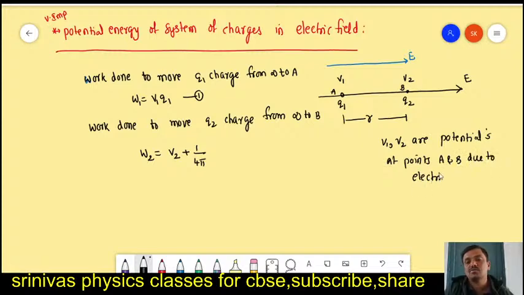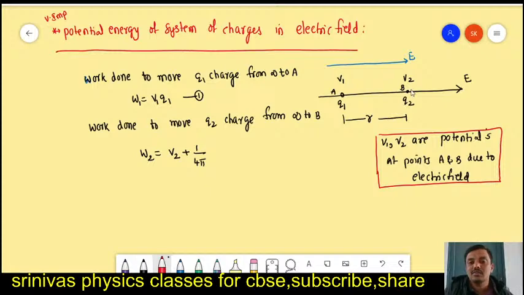They are the potentials due to the electric field, not due to other charges, right? Due to the external electric field. Now we want to calculate the work done to bring the Q2 charge. We got the work done to bring the Q1 charge, now the work done to bring the Q2 charge. That work done is 1 by 4 pi epsilon naught into